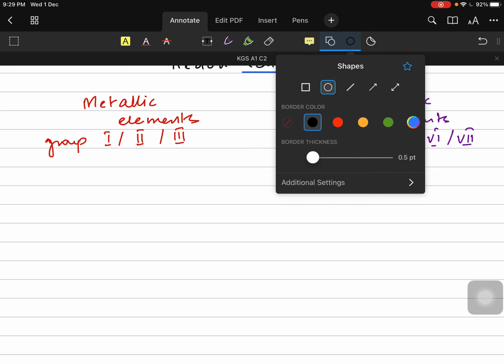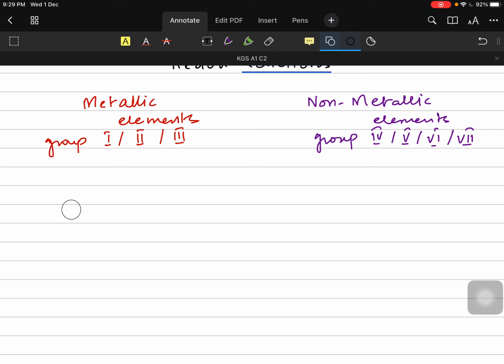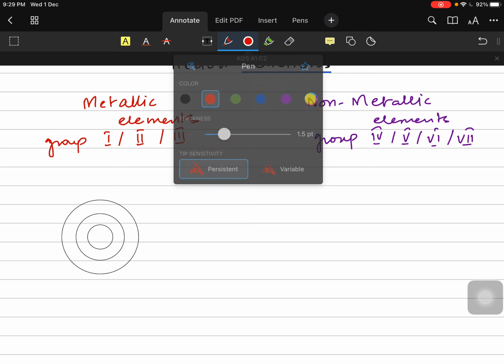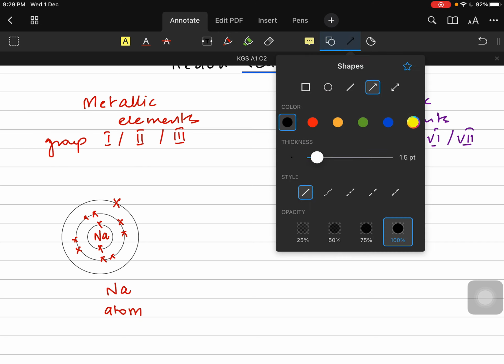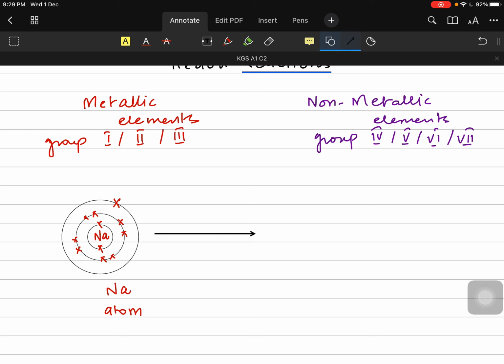Coming back to metals, for instance, I'm talking about sodium as a metal. Sodium has its own nucleus, its own series of shells and everything. So these are the shells of sodium, hypothetically, and this is the nucleus of sodium. Let's suppose it has multiple electrons in its shell. It has this entire configuration. For example, it has 2 electrons in the first shell, then 8 electrons in the second shell, and 1 electron in the last shell. Whenever sodium atom wants to react, it always loses the electron